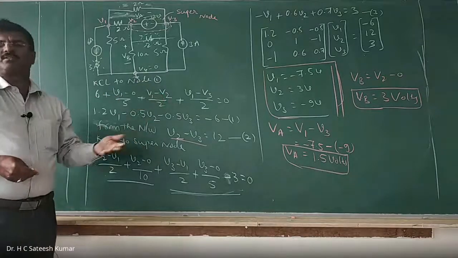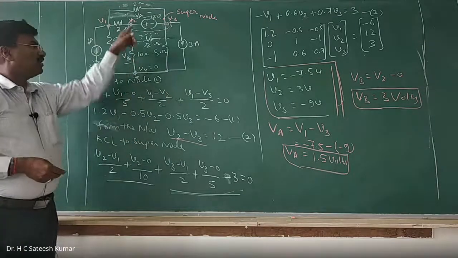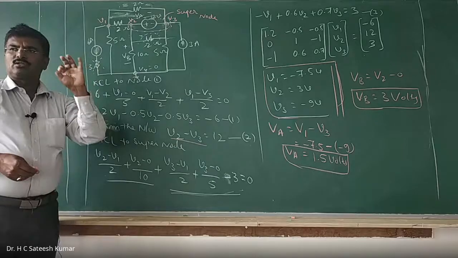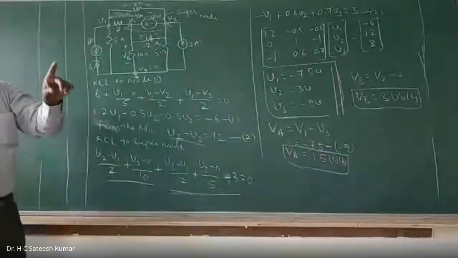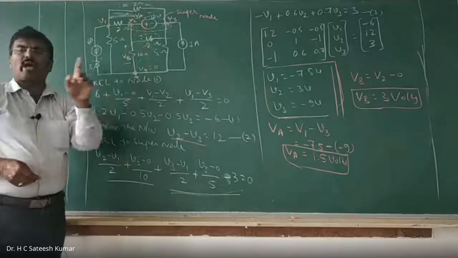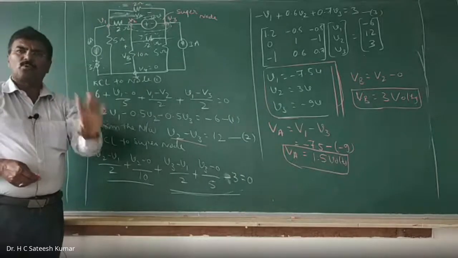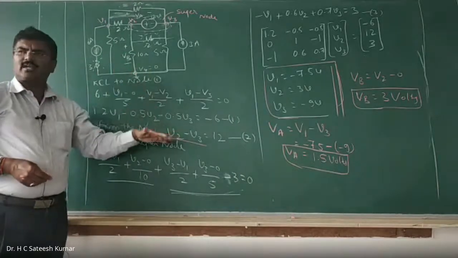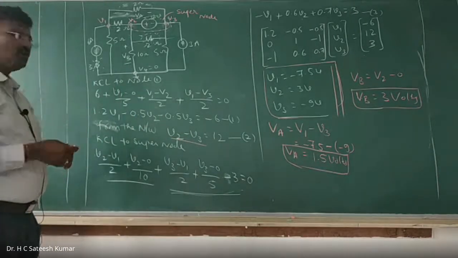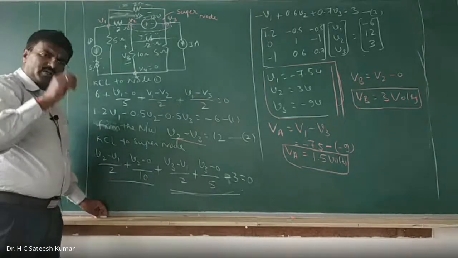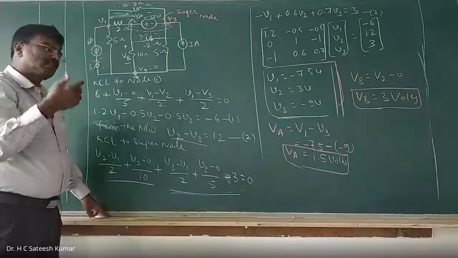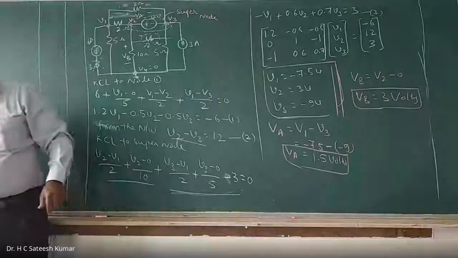Okay. Still, we have solved many problems. You will understand that. Just observe carefully. Whenever we have a voltage source connected between any two principal nodes other than the ground node, without any series resistance, then combining those two, we will make a single node known as supernode. If you are not understanding, just check it with 2 or 3 problems. You will understand that. Afterwards, repeat the video. In the evening, download the video and repeat it again. Check how exactly I have done the equation. Still, if you have any doubts, I will repeat it. Okay? I will go for the next problem.